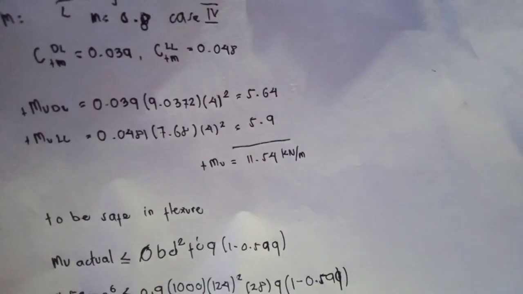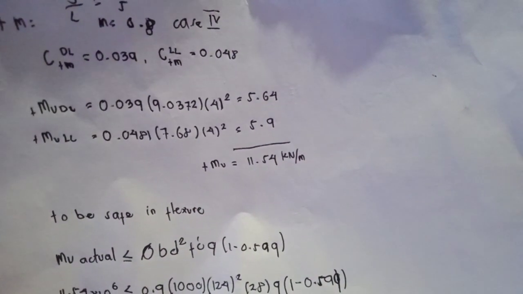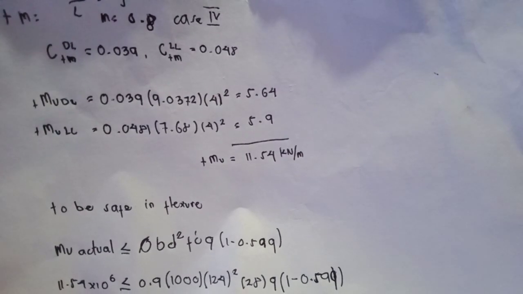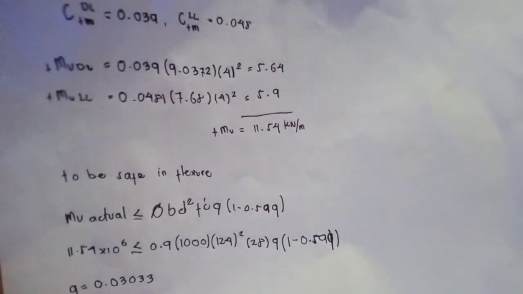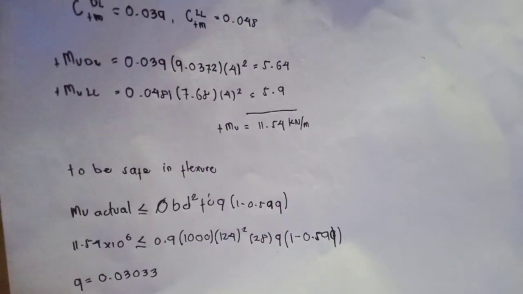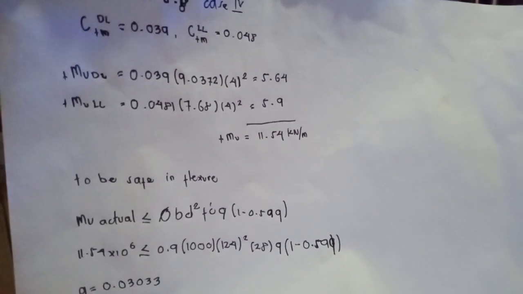So our total mu equals 11.54 kilonewton meter. To be safe, as in lecture, our mu actual must be less than or equal to phi b d squared